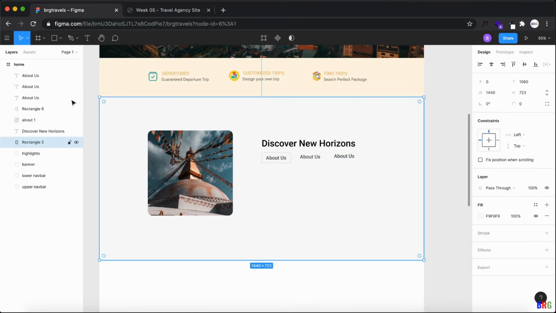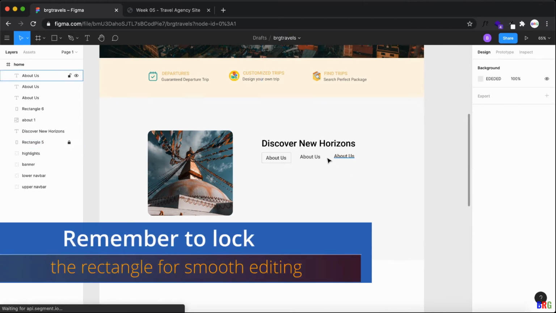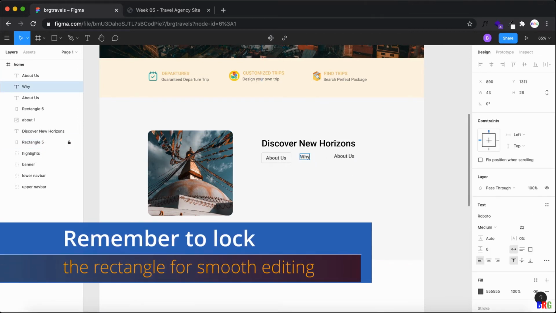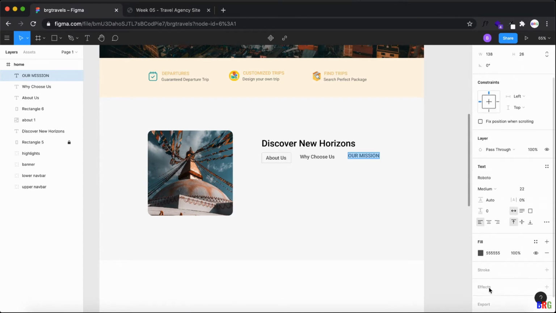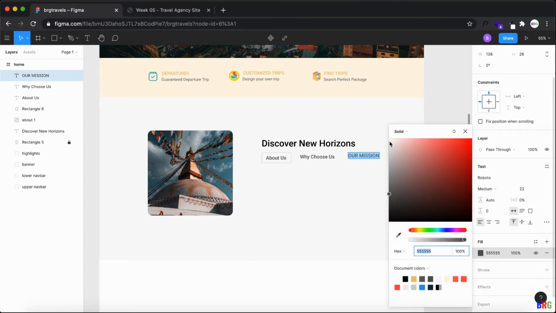Okay, let me lock this rectangle. Why choose us, and our mission. Okay, let me use a little bit different color for this, maybe 777.